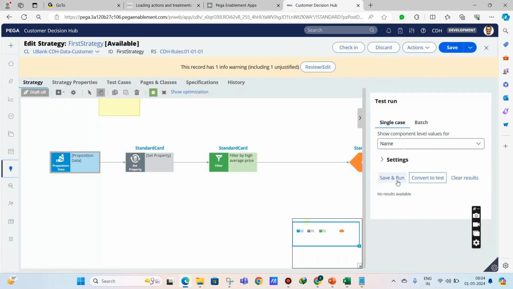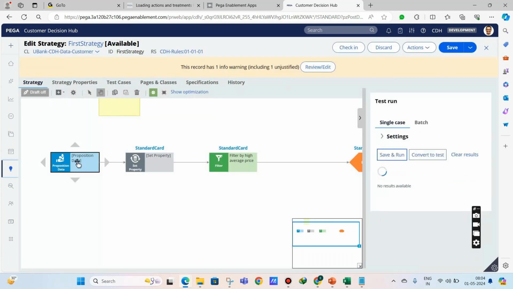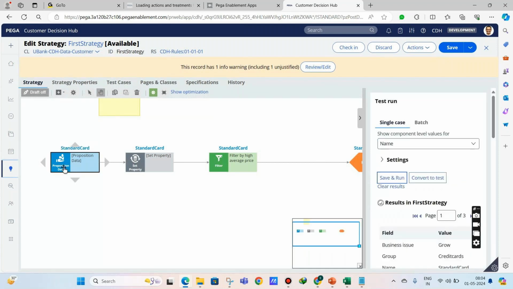Now I am importing all of them, so I have three propositions. Now you see in the first component I have three results. Then in the second component I have three results. I clicked on this. In the third component, okay, so here I think